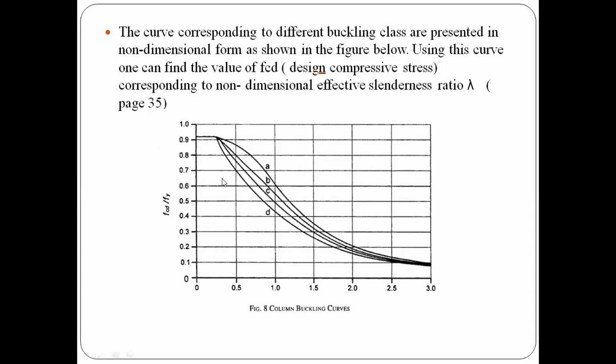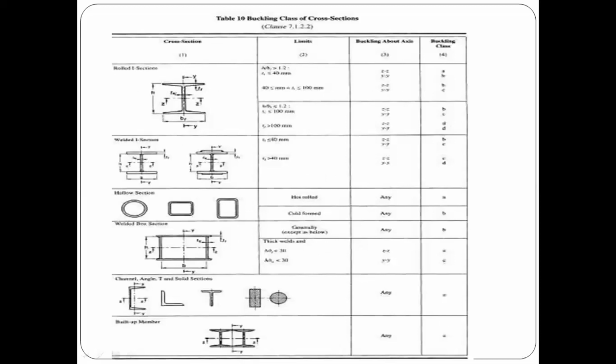I think you know all these pictures. Only 10 minutes are left, so let me conclude fast. You can see all these pictures in your code book in the design of compression members. Or else you can go through my Facebook live videos, where I explained how to make use of these graphs and how to design your column based on the buckling classes of the different cross sections available, and how to calculate the design compressive stress of the members from Tables 9A to 9D based on the buckling classes. Everything is explained in my notes. You can just go through that.